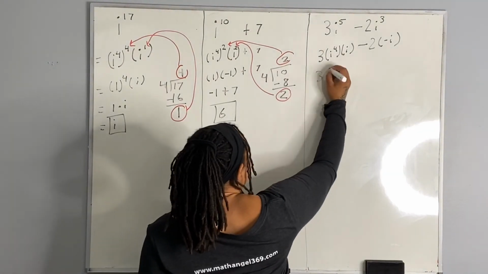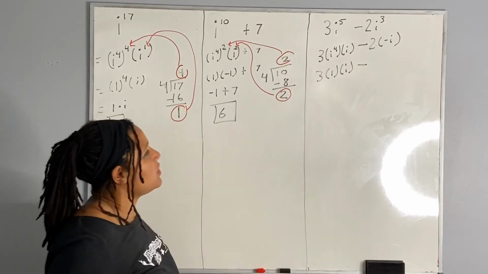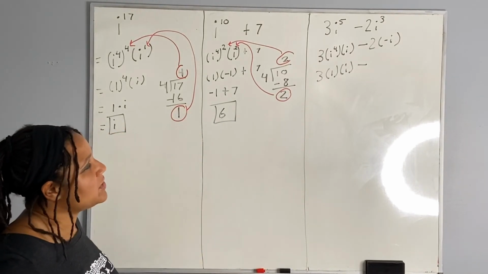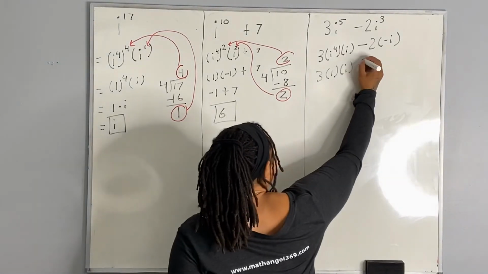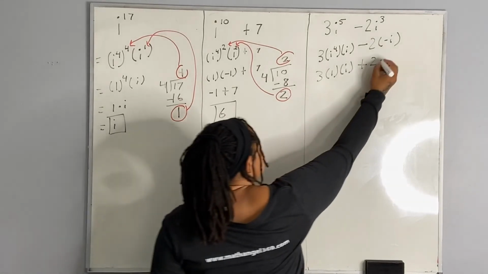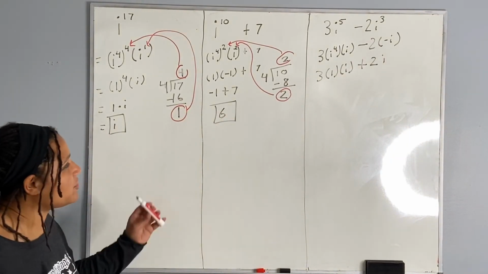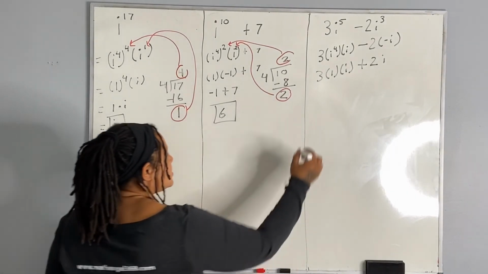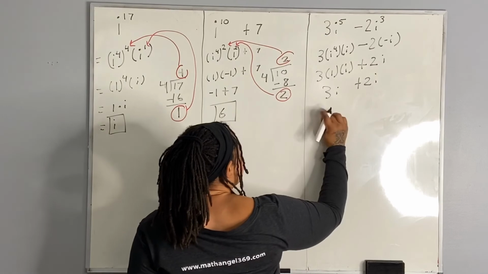So we have 3 times 1 times i minus, well, we have a -2 times a -i, so that becomes a positive, right? So we have plus 2i, right? Okay, so 3 times 1 times i is 3i. And then we have plus 2i, and 3i plus 2i